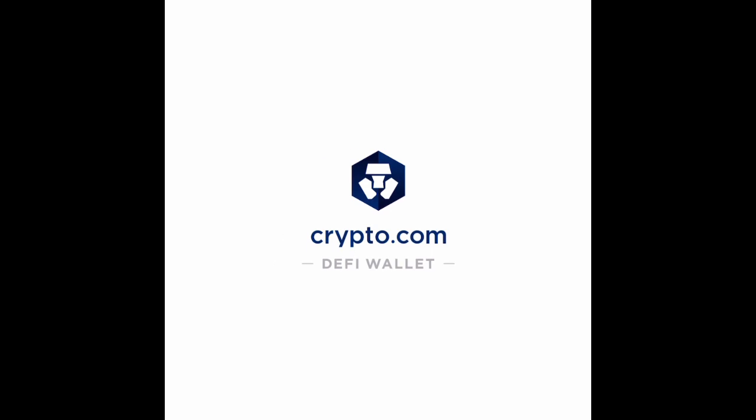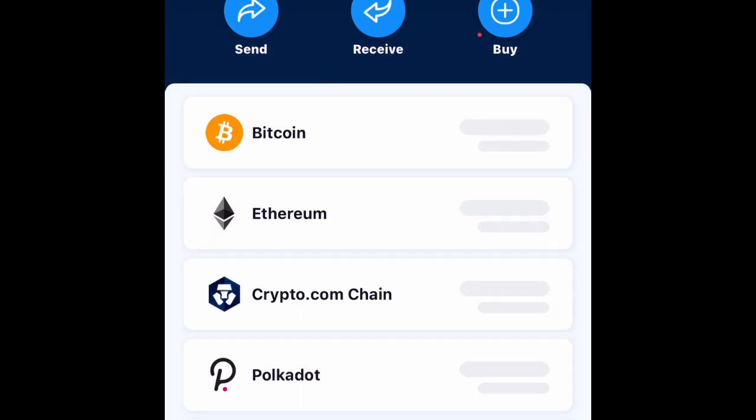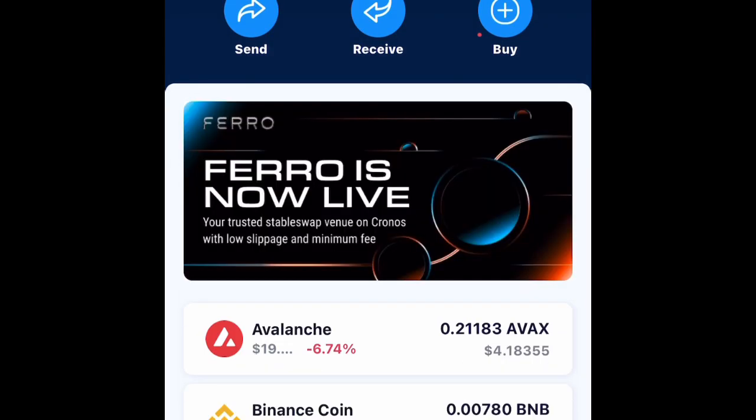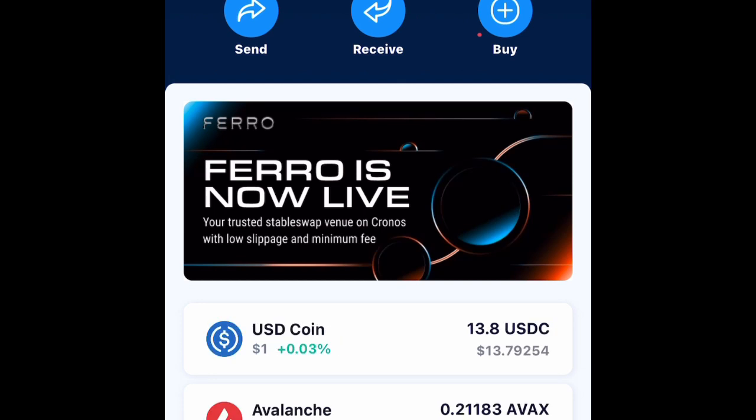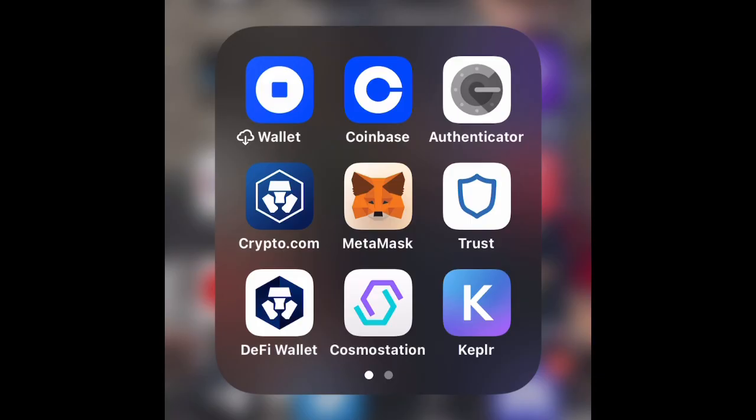Do it again. So, I should have $14 here, 13 or whatever. Listen, guys, this is very important. This is why I use... All right. Before we keep going, the password that I have on my DeFi wallet doesn't mix with my Cosmostation and Keplr wallets. That's why I keep my Evmos, all right?